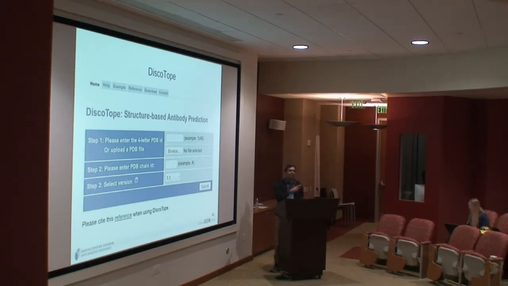That's why, again, I mentioned it's important to know there might be multiple chains in a complex, so you would want to know which one is the one you're interested in. And then you can select whether you would like to use DiscoTope 1.1 or 2, but 2 is the most recent version